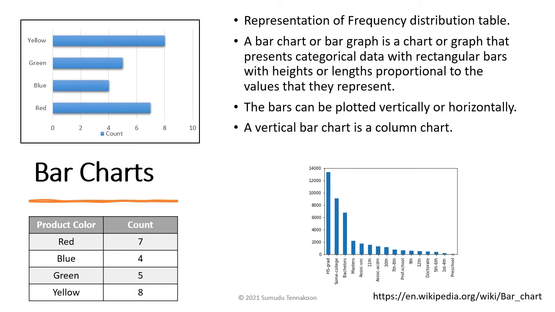A bar graph, or bar chart, represents categorical data with rectangular bars with height or length. Some bar charts you can create as columns, like you have seen on the right, so we call it a column chart. In that case, height will represent counts. In a horizontal bar chart, the regular one, the length represents the count. Okay, so let's discuss